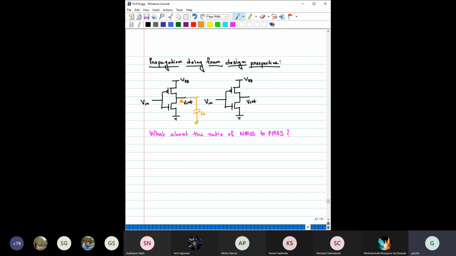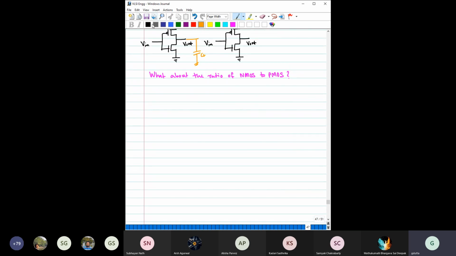But before that, let us write a couple of things here so that you can understand it later on. What about the ratio of this NMOS and PMOS? So far what we have considered, we have considered